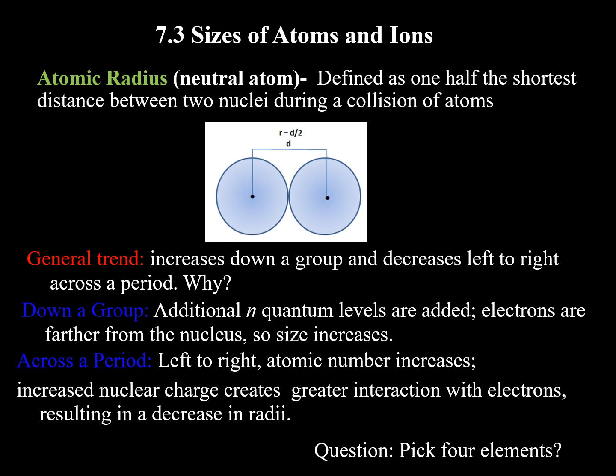So the next trend we're going to talk about is atomic radius, which tells us the size of the atom. The general trend is, as you go down a group, the atomic radius increases, and that hopefully is straightforward. As you go down, let's compare, for instance, nitrogen versus arsenic. Arsenic will be larger, have a larger atomic radius, and that makes sense from our talk in chapter 6,